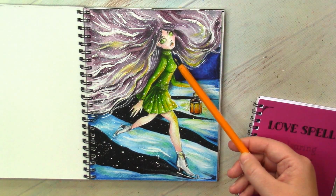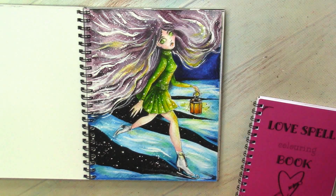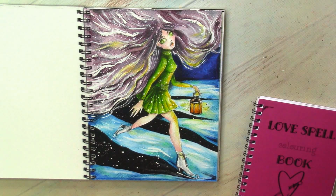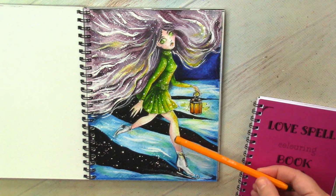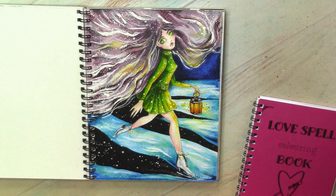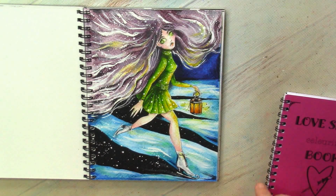This time I decided that I will put on her a green dress, and I also was quite inspired to try Derwent Inktense here. So her hair, eyes, and I think that even her dress I made with Inktense pencils. Only for the skin I used Kohinoor Mondeluz water-soluble pencils. I love to use such pencils on this paper because it has interesting texture, very close to real watercolor paper,